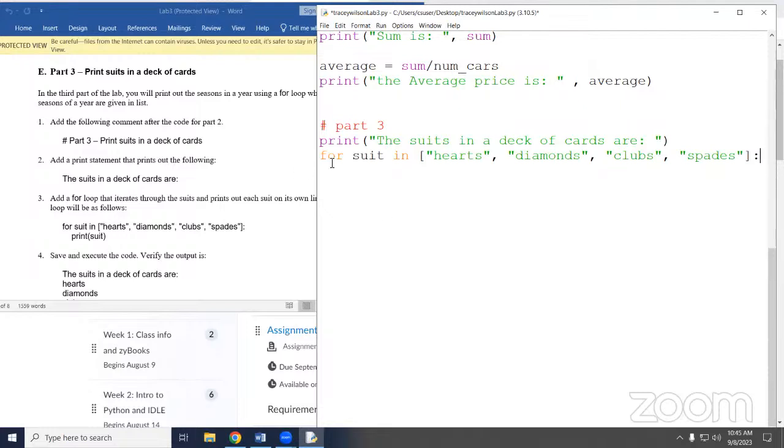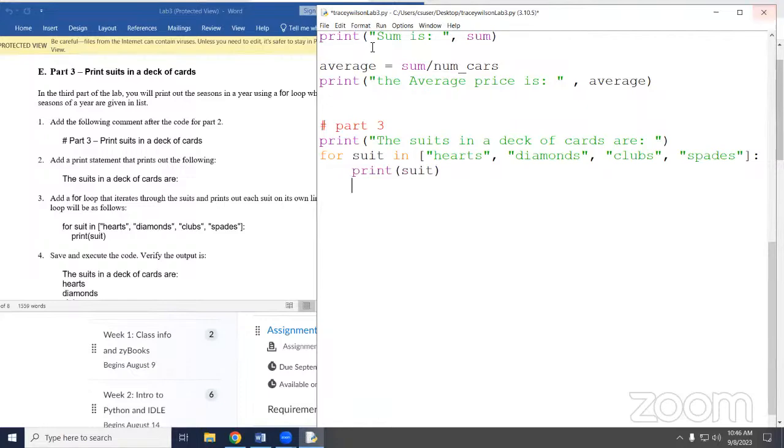So now I just need to print out the suits. If you've typed this line correctly and you hit enter, it will automatically in IDLE tab over where it should start the next line. If it doesn't automatically tab, you have probably left the colon off the end of the line. That's a very common error. The easiest way to catch a colon being missing is when you hit enter, it doesn't go indented. So in here, I need a print statement. And I'm just going to print the suit.